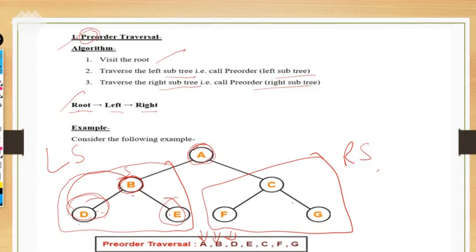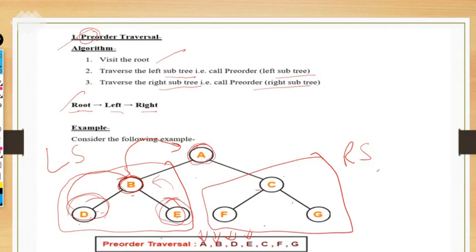Next we come to the right subtree of this root. What is the right subtree? E. Is it a root? Yes, we have to write it. Is there any further left of E? No. Is there any further right of E? No. So we backtrack over here. Is it completed? Yes. So we come to the root node. Is the left portion already covered? Yes, it is covered. Then we move on to the right side.